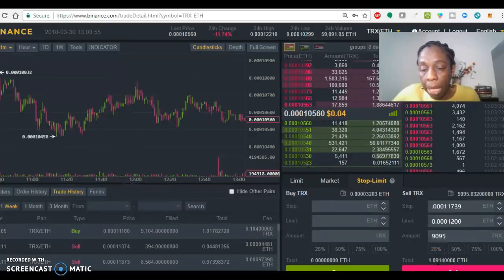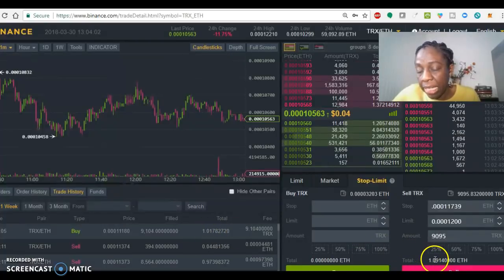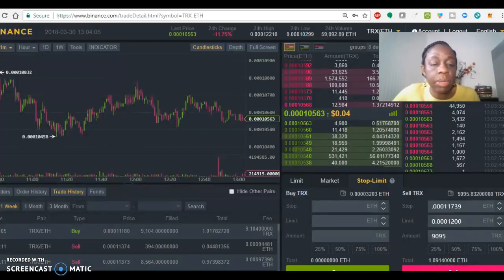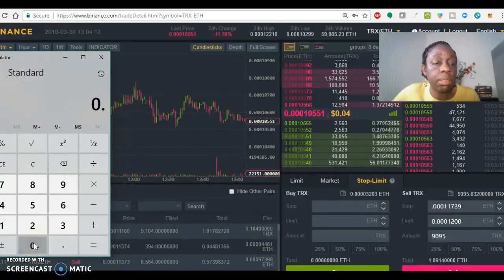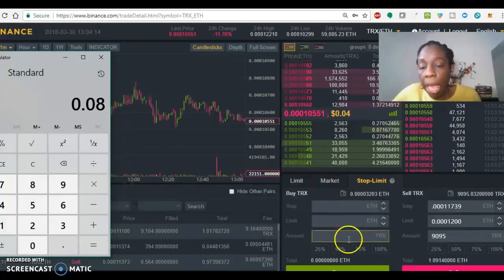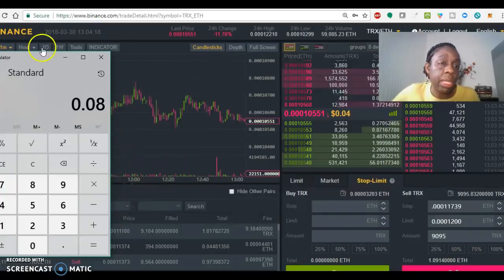So that's gone up from 1.01 to 1.09. It's gone up 0.08. Let's do a little bit of math. So I would have earned 0.08 of an Ethereum, and if we multiply this by the price of Ethereum,